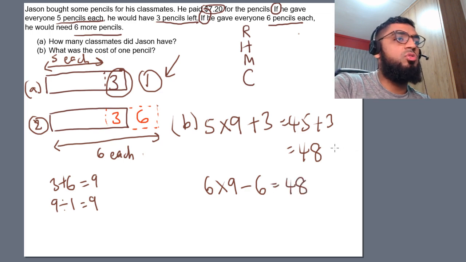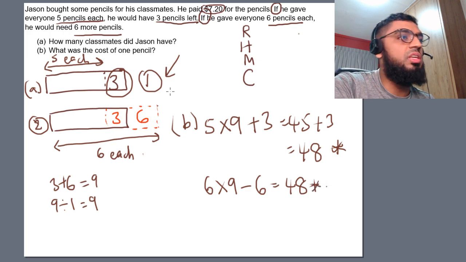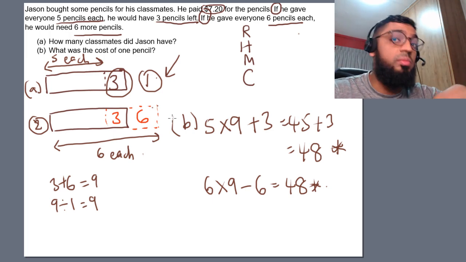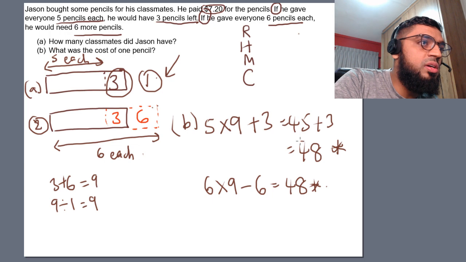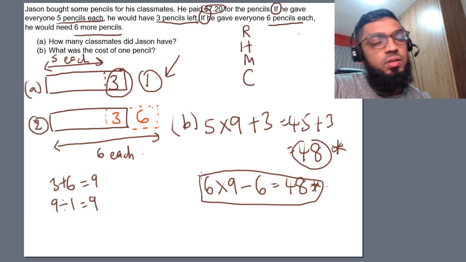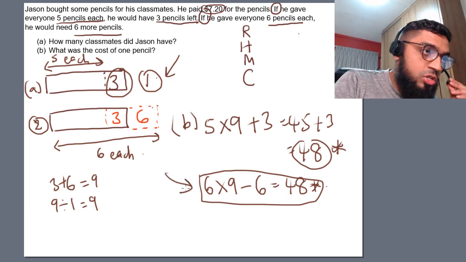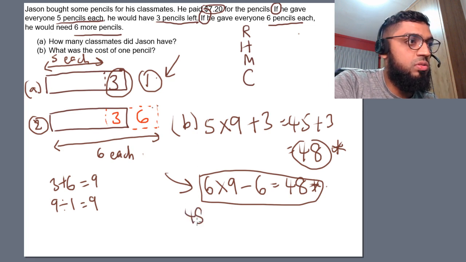Now in the exams, you just need to show either one of these workings. You can use either the first case or the second case, and you can use the other case to help check, like I did here. So basically I found the answer by using the first model, and I checked by using the second model. You don't have to write this in the exams, it's just for you to check. So I know that he has 48 pencils, so 48 pencils